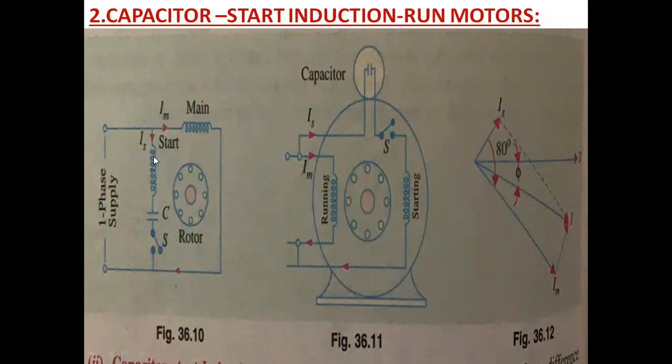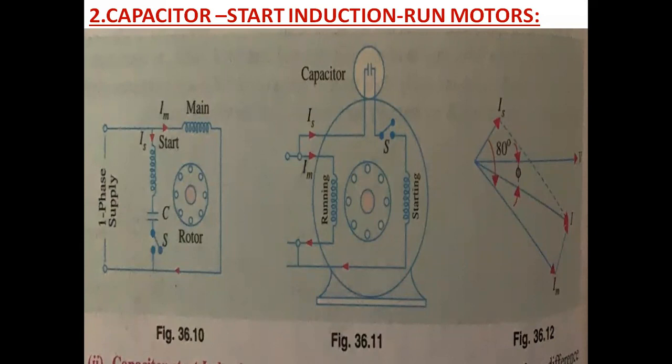Any motor, for rotation of the rotor, needs two windings. Actually we have only one winding in the supply, and we are adding an extra winding, which is called the auxiliary winding or starting winding, because it is present only at the time of starting. Our main aim is what? We have to take two windings, and in between the two windings you have to provide the necessary phase difference.